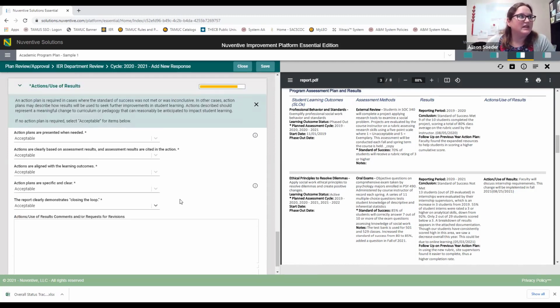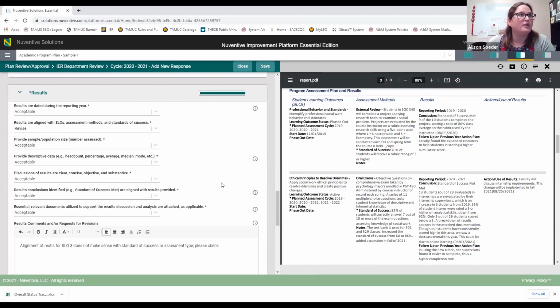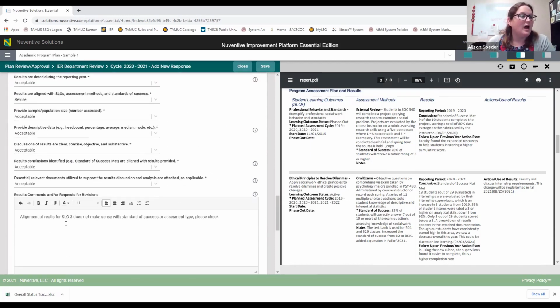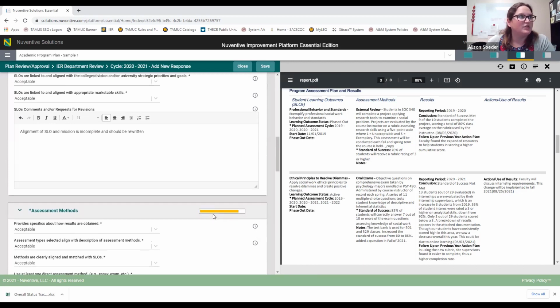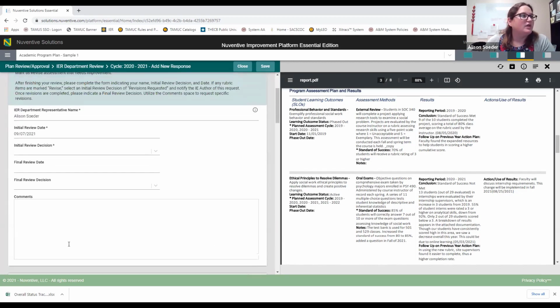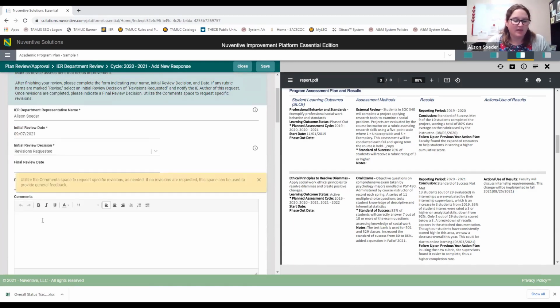And so once this is complete, you've come through, every single bar is gold or green if you have left comments because you've asked for revisions. And so we want to make sure that we leave that clear guidance there. So it's worth double checking that these are all done. You would come back up here. Since I did request revisions, you would want to come to revisions requested. I might leave a comment that revisions,